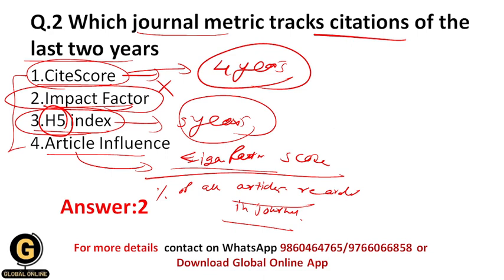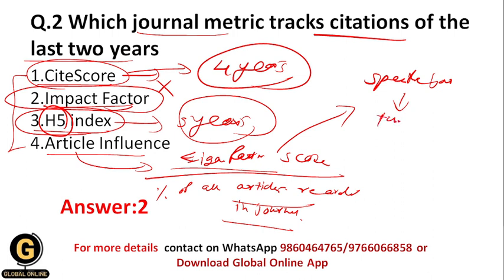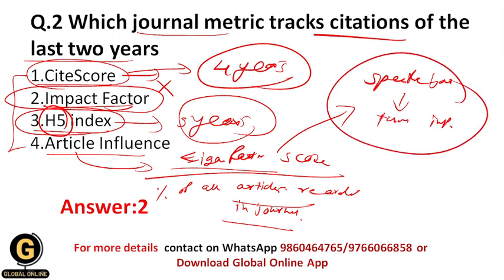Okay, and students, eigenfactor score is the rating of the total importance of a specific journal. So this eigenfactor score is nothing but the rating of the total importance of a specific journal, and all of this rating is nothing but the eigenfactor score. All of you getting? And that's why your correct answer should be 2 over here, which is